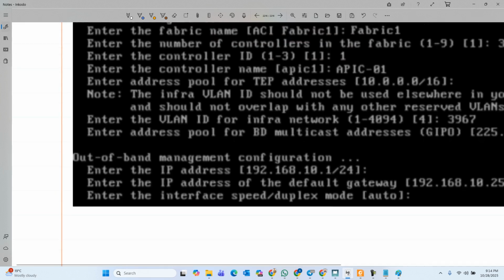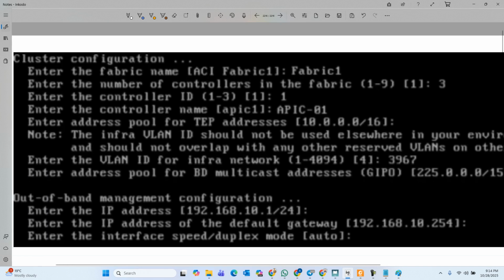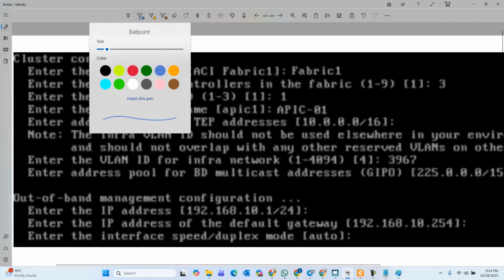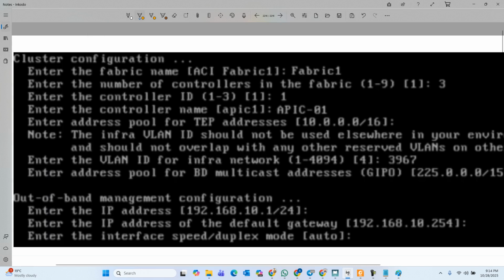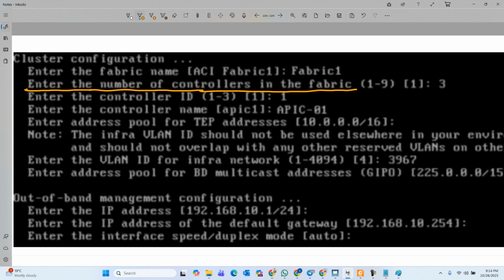Guys, right now, don't focus on any other stuff. Just focus on this thing. When you do the initial setup of your Cisco APIC, it is going to ask you one thing: enter the number of controllers in the fabric. This is going to decide whether you're going to deploy a cluster of APICs or a standalone APIC. We'll discuss this whole process in the fabric discovery, but for the moment,